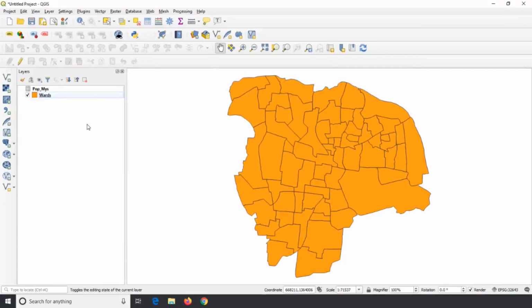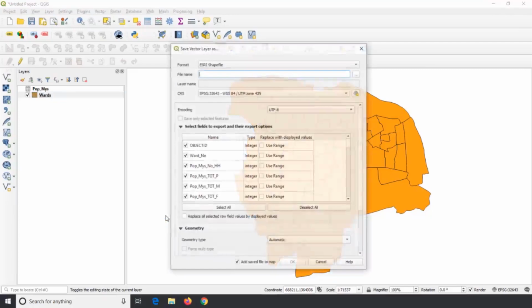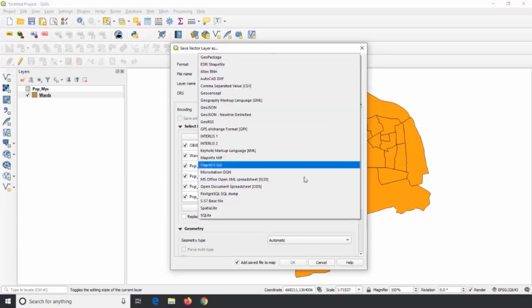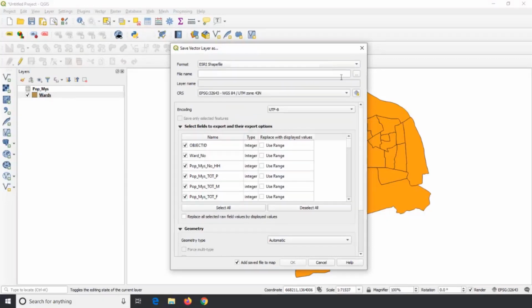So to save the information permanently, right click on the wards in the layer panel and click on Export and click on Save Features As. On the pop-up window, make sure the format is ESRI Shapefile. If something else is there, change it into ESRI Shapefile by clicking on the drop down option.